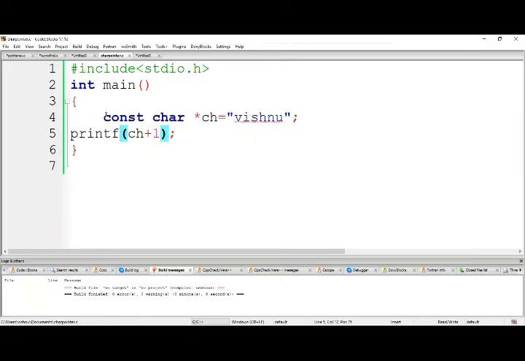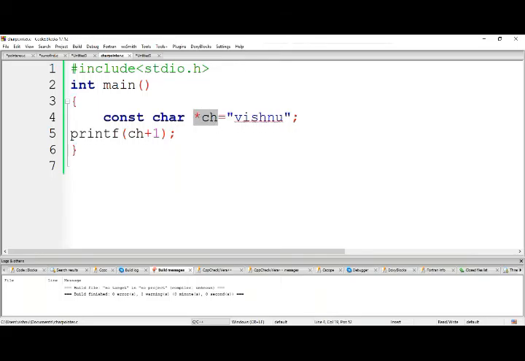So this is about the constant character pointer. By using the character pointer, we can represent a string. With the help of this, the memory usage will be reduced. The pointer requires only 4 bytes, irrespective of the data type, irrespective of what we are storing. The pointer just requires 4 bytes of memory. Here we are utilizing the memory efficiently. Did everyone get my point?